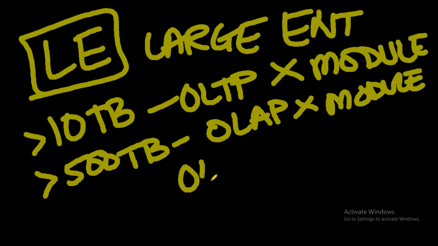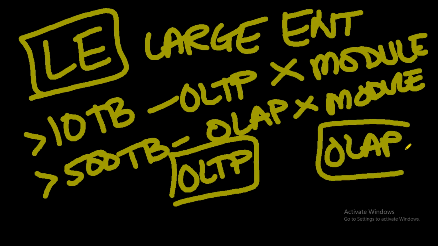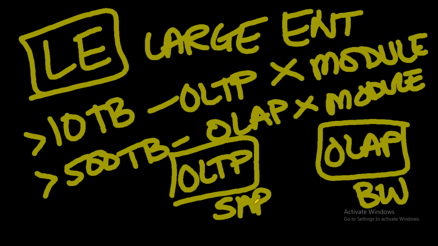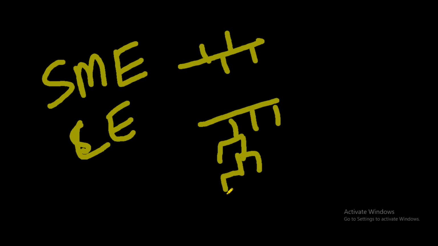And in those cases, the OLTP and the OLAP, right, will be different servers. OLAP will be offered by the business warehouse. OLTP will be offered by the SAP ERP or the ECC system. So both will be integrated on a single HANA database or different HANA databases. So it could be based upon the strategy of the landscaping. So for small, medium enterprises and the large enterprises, the landscaping will be different than what you have in the business environment for